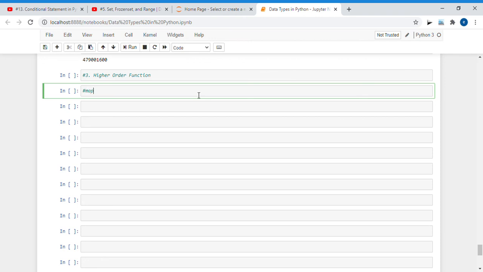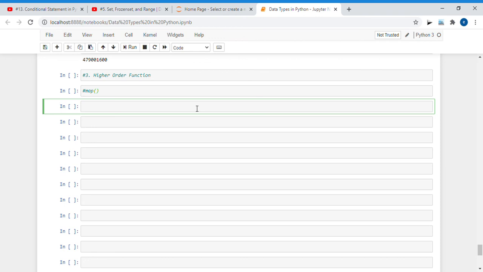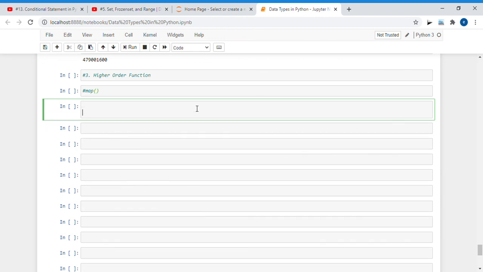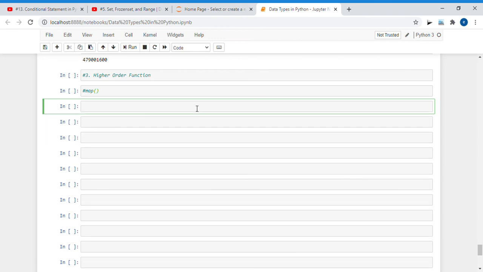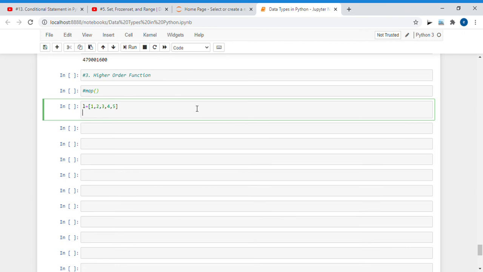Starting with our map function. So what is the map function? The map function executes a specified function for each atom in an iterable, and this atom we send to the function as a parameter. So for example, if we write a list L is equal to 1, 2, 3, 4, 5,